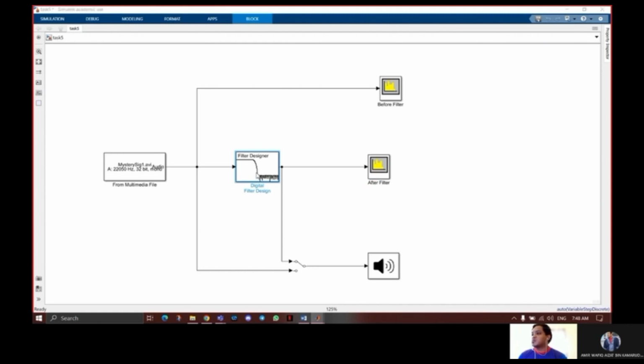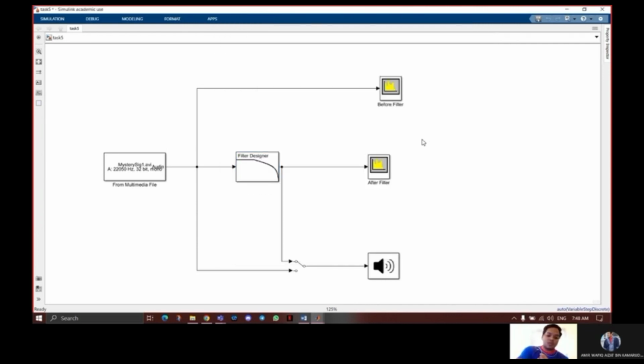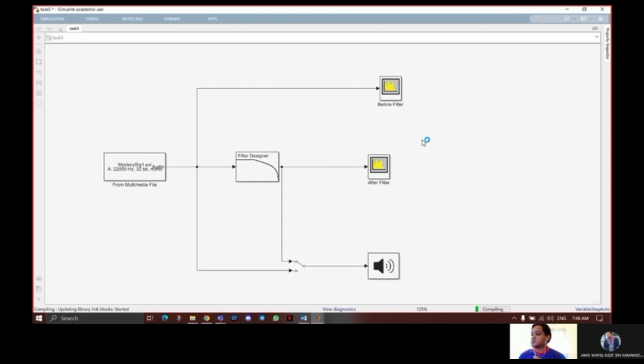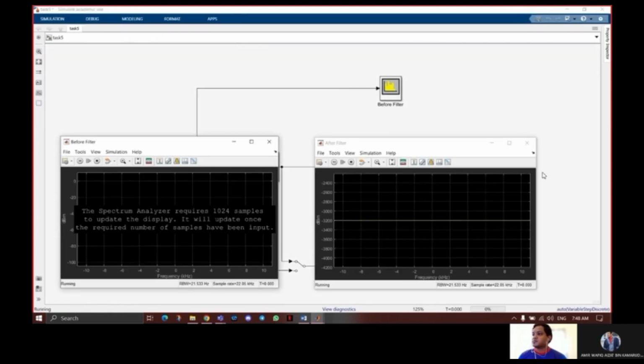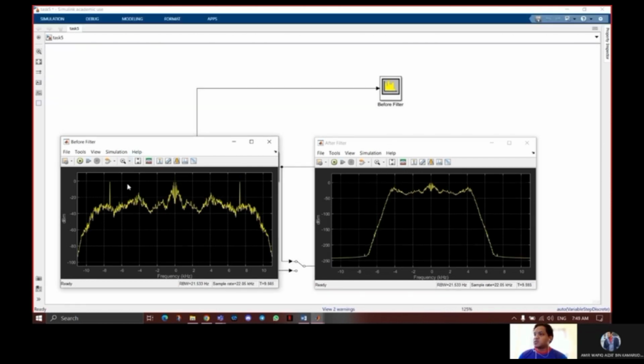Next, I changed it to IIR. The left side is before filter and the right side is after filter. Same as before, the before filter has noise, but after we use IIR for the after filter, you can see that the noise has been